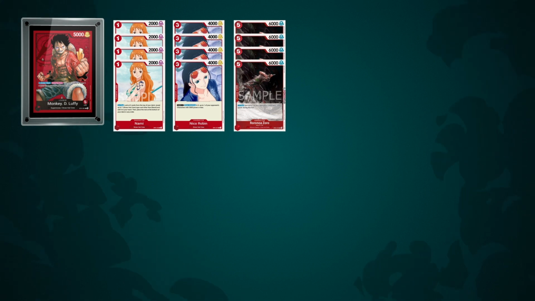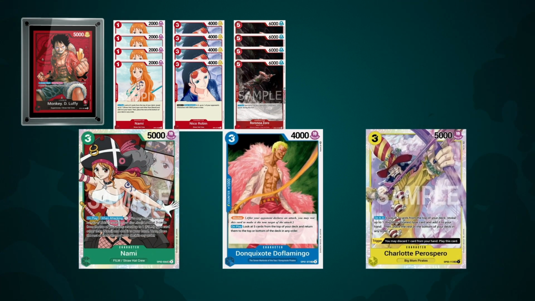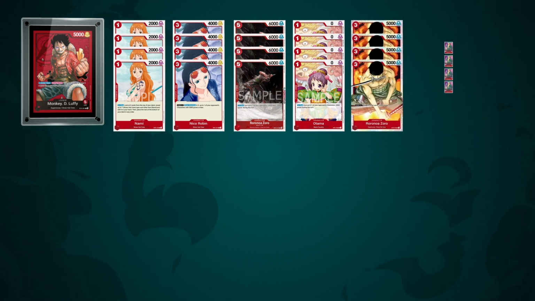If those two are played on curve, getting the rested Don from leader on Nico Robin, you can KO annoying characters like Green Nami, Blue Blocker Luffy, and more. Luffy is the only leader that can have this advantage on 5 Don. I'm also going to add 4 copies of Otama that does the same effect, but Zoro gives great tempo since he is 6,000 power. The next characters I'm going to add are 4 copies of Starter Zoro and 4 copies